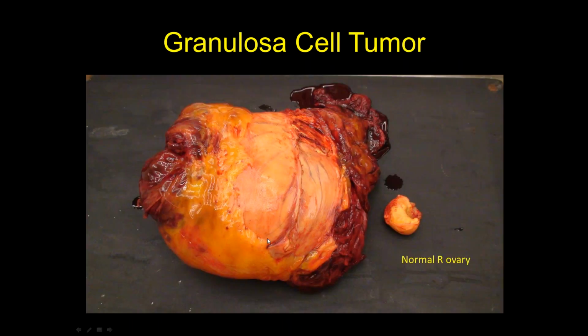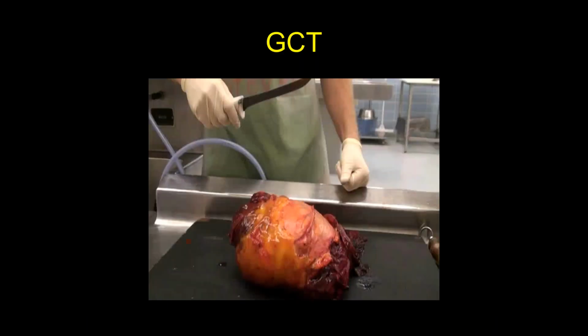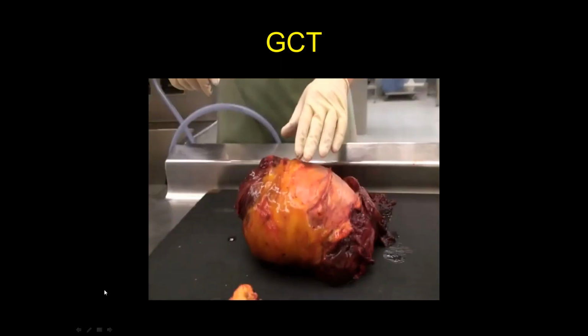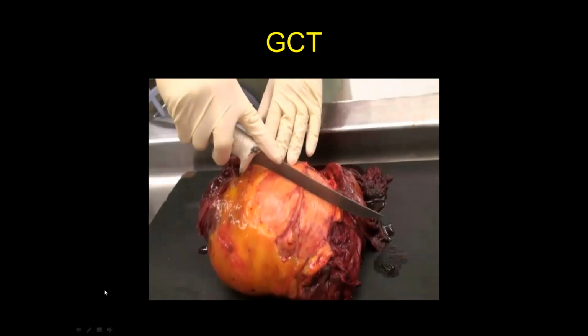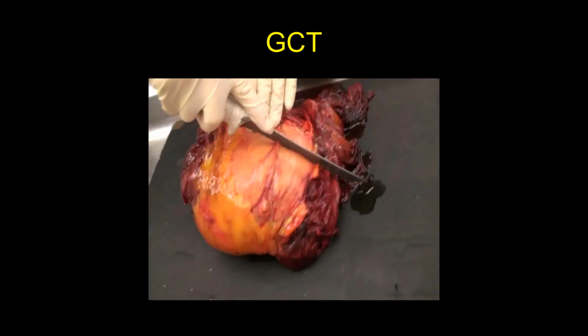This was a granulosa cell tumor. This is the left ovary in this mare that basically had a vascular blowout, and that's the normal ovary on the right side. She's pretty young for an ovarian tumor, and a granulosa tumor at that. And this is the mass. Once we got the pedicle of this ovary ligated, the mare received more blood on the table. She ended up doing totally fine